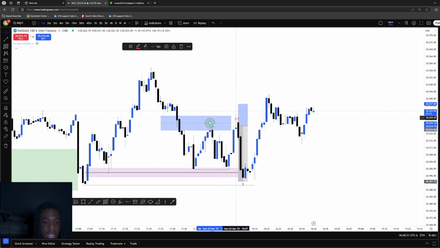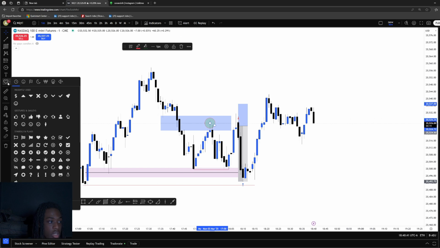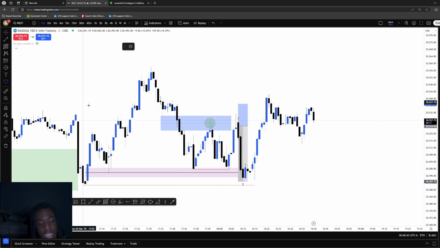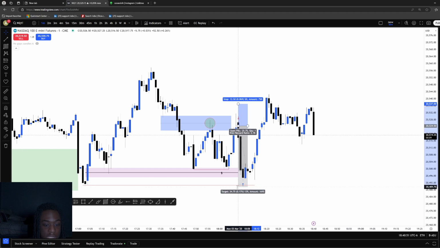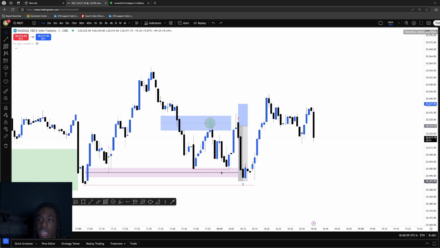So I got in right here and I got out right here at this fair value gap, sweeping these lows right here. Sweeping this equal liquidity. And as I mentioned earlier in the video, being adaptive, I really wanted price to take out these lows right here. Like I really wanted price to sell off right here, right? But I went to ES